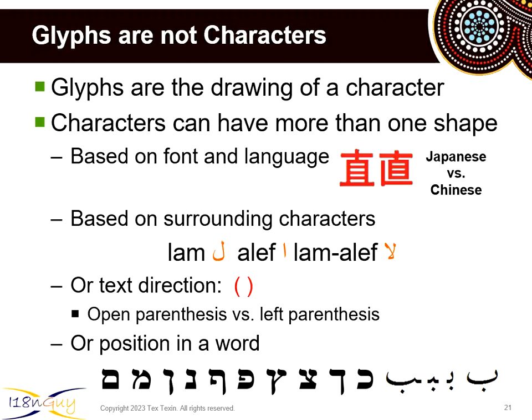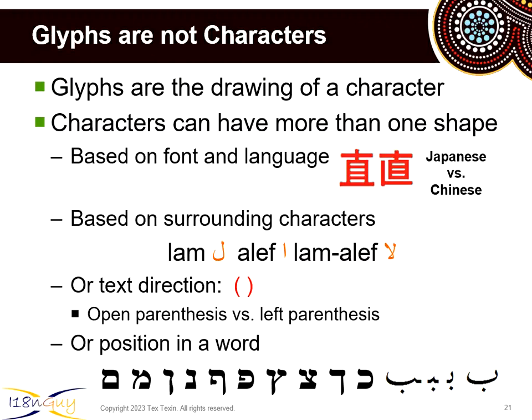Now, the other thing we'll talk about is how the characters are actually drawn. So we have a glyph, right? A glyph is the drawing of a character. It's the image or rendering of a character. And characters can have more than one shape. So it could be based on the language. It could be the choice of font you make. So here are two characters, well, actually one character with two different shapes. It's drawn differently depending on Japanese versus Chinese. And if you change a font from a Japanese font to a Chinese font, the shape of the symbol will